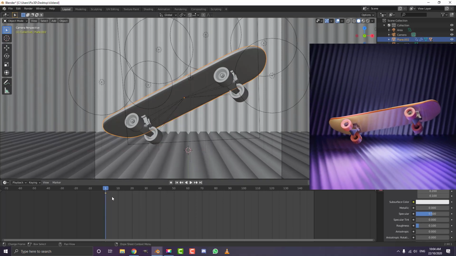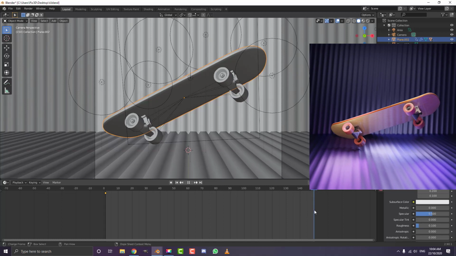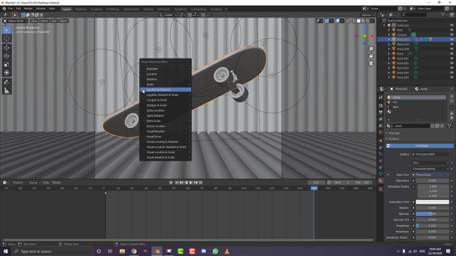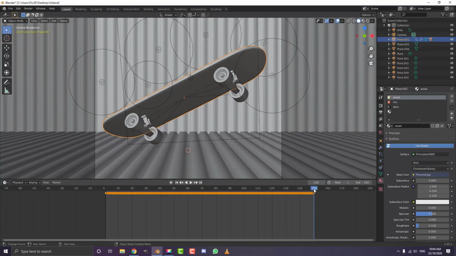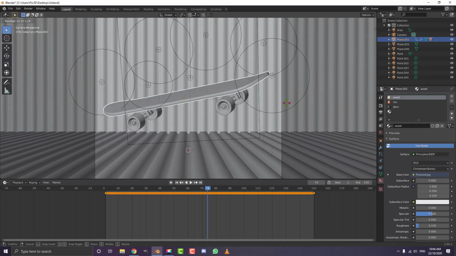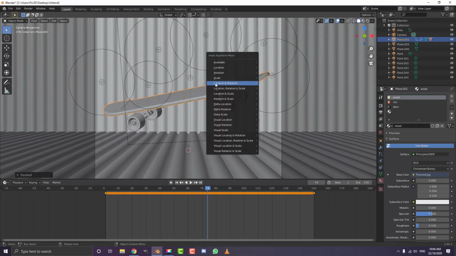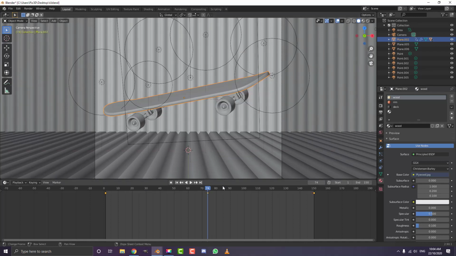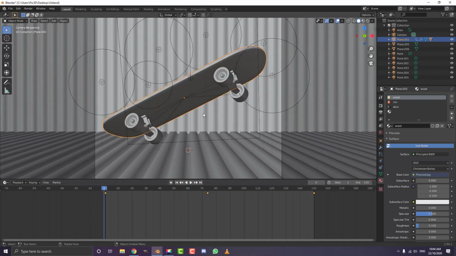So you can see there it is. And then I came to my end frame and I pressed I and inserted a location and rotation keyframe. So this is where it starts and ends. Then I came into the middle here, and I double tapped R in my camera view, rotated my board like this, and I pressed I, and then I inserted another location and rotation keyframe. So I had something that looked like this,